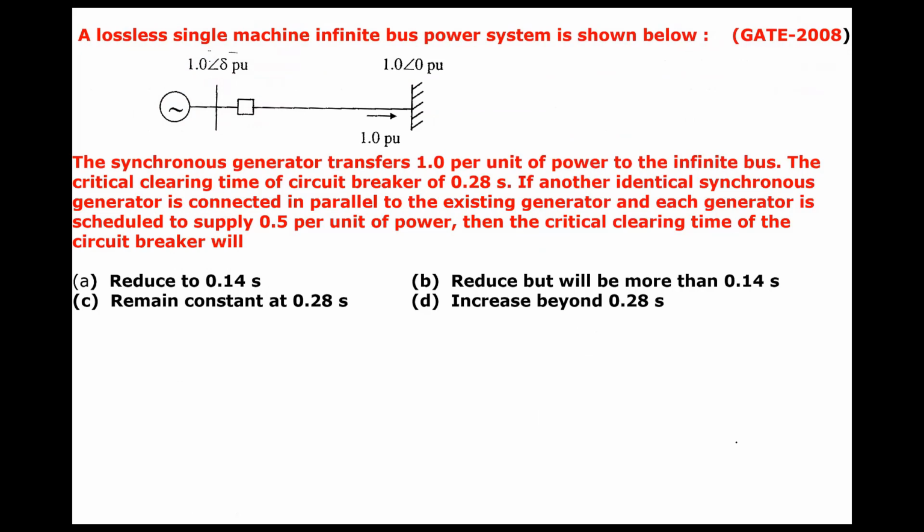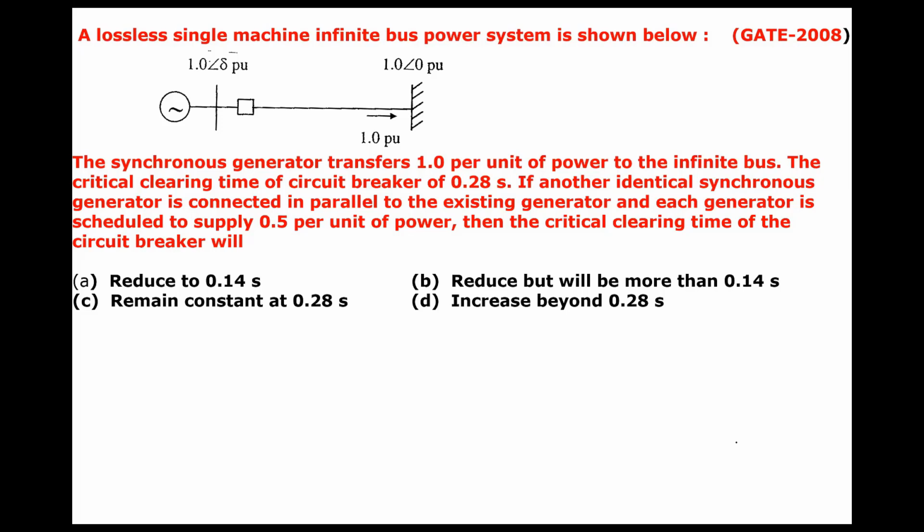A lossless single machine infinite bus bar power system is as shown below. The synchronous generator transfers 1 per unit power to the infinite bus bar. The critical clearing time of the breaker is 0.28 seconds. If another identical synchronous machine is connected in parallel to the existing generator and each generator is scheduled to supply 0.5 per unit of power, then the critical clearing time of the circuit breaker will...